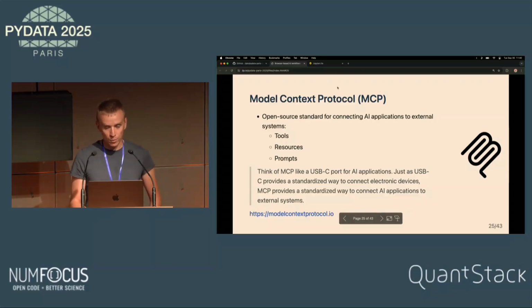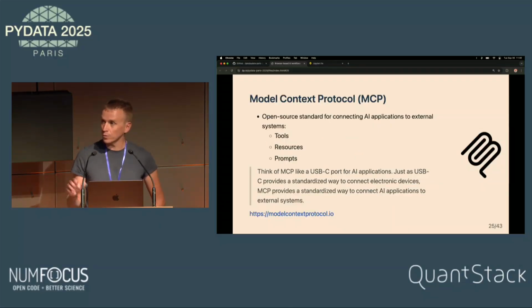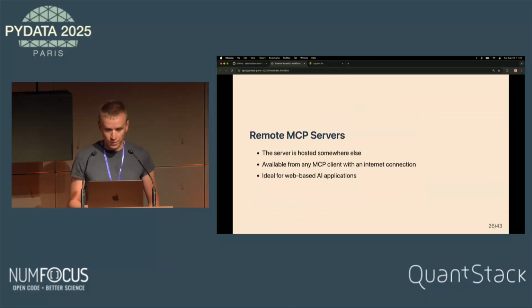It was started by Anthropic, but I think most everybody picked it up afterwards. It's possible to use it on real servers, but in the case of the browser, it's a bit more complicated today. There is still one use case of MCP servers which is interesting to us: remote MCP servers. Those are servers that don't run on our machine, and they don't even run in the browser, they run somewhere else.